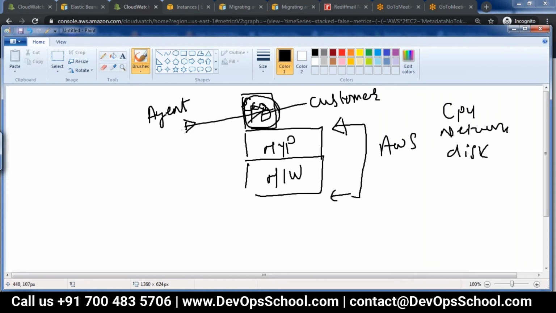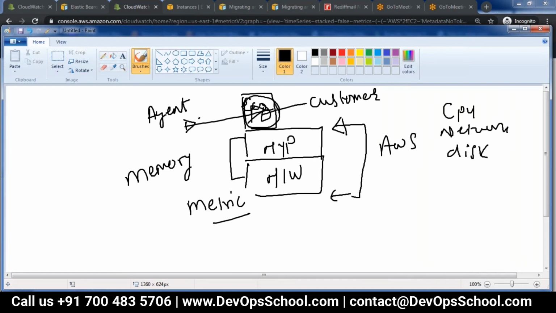There are certain scripts AWS provides, and those scripts can be installed in the EC2, and then memory and disk utilization can be monitored and integrated with the CloudWatch service. That will appear as one of the added metrics in CloudWatch. But at a native level, it doesn't monitor memory, so you have to put some scripts.